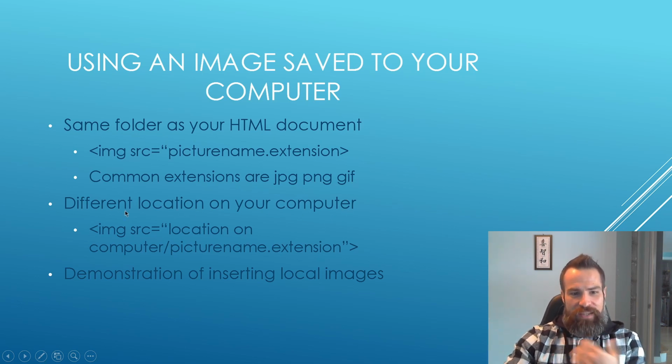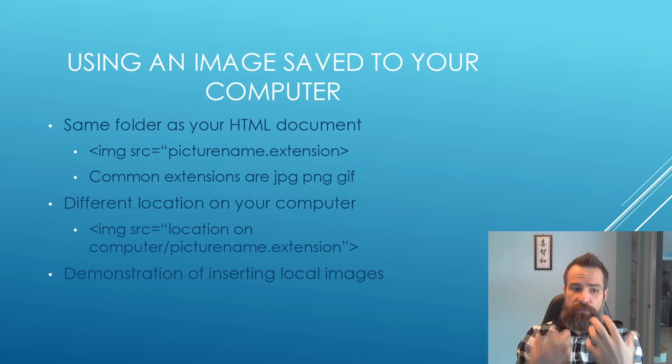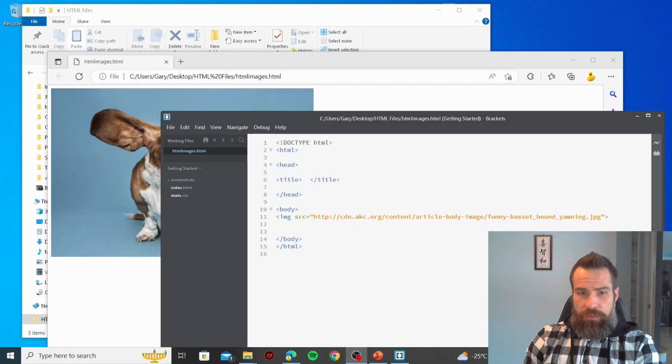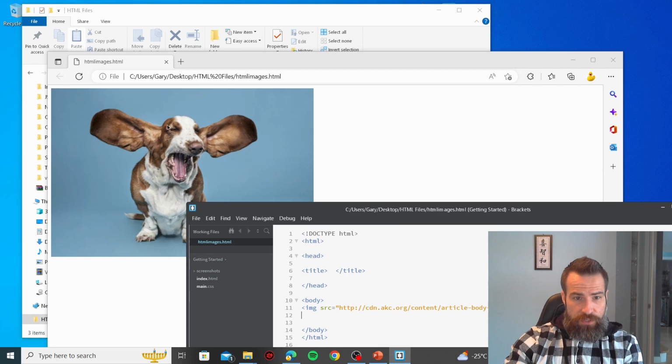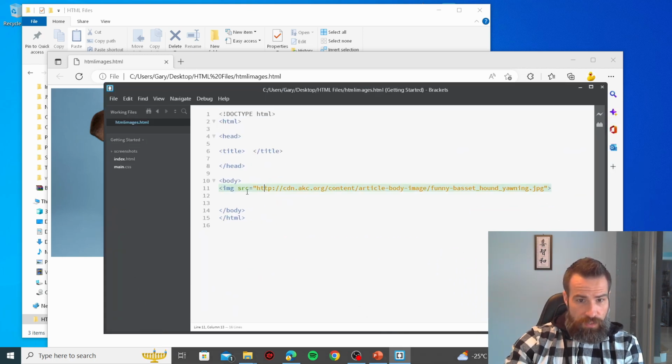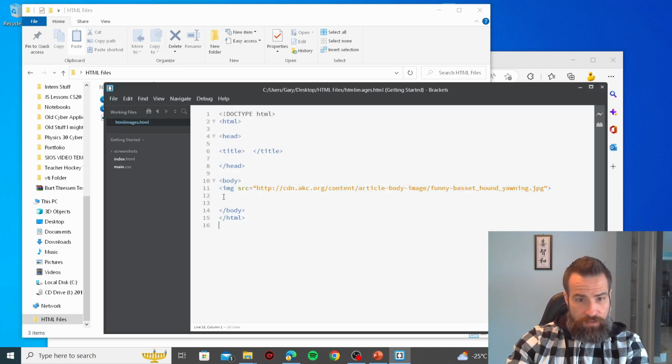Okay, maybe if your web page is really large, you don't want all of these images floating around. You want to use a folder in a folder. This time around, I'm going to show you how to insert an image that's just been saved to your computer. Now, I saved the very same picture. So first, I'm displaying this picture using the actual link of where this picture exists on the internet. But I've also got it saved in the same folder that I was using before, and I've called it dogpic1, and it's a JPEG file. So I can now link this image,